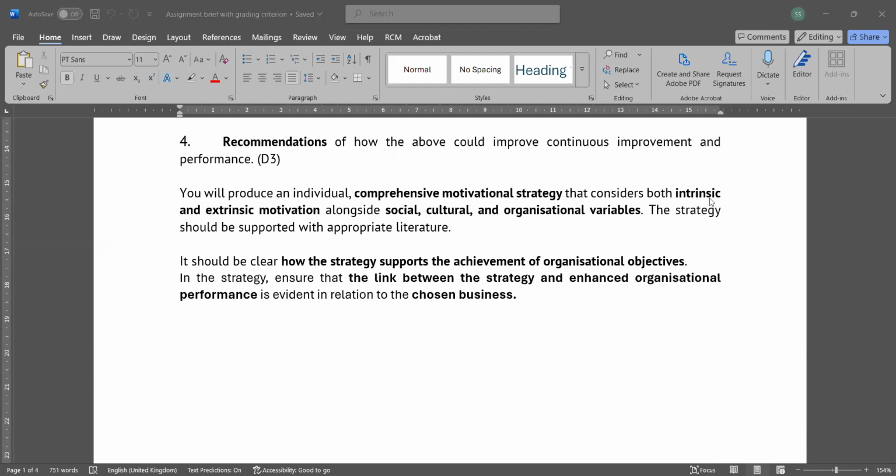If you want to go for merit, you include intrinsic and extrinsic motivation factors in your motivation strategy. But if you also consider the social, cultural, and organizational variables, then you can reach distinction. Is that clear? Yes. Okay, so let's explain the structure now, and we'll explain in detail how you're going to do it.